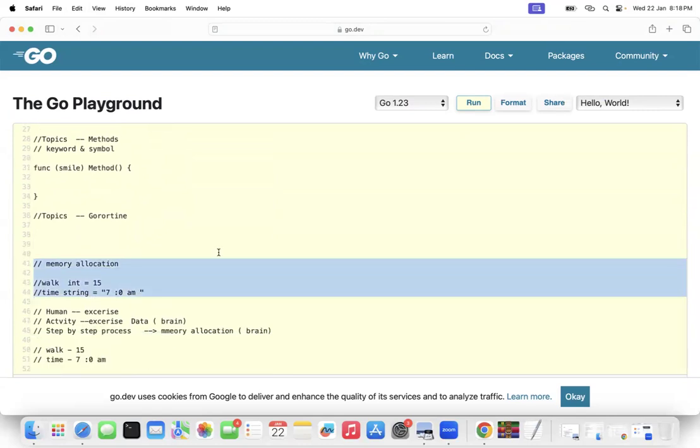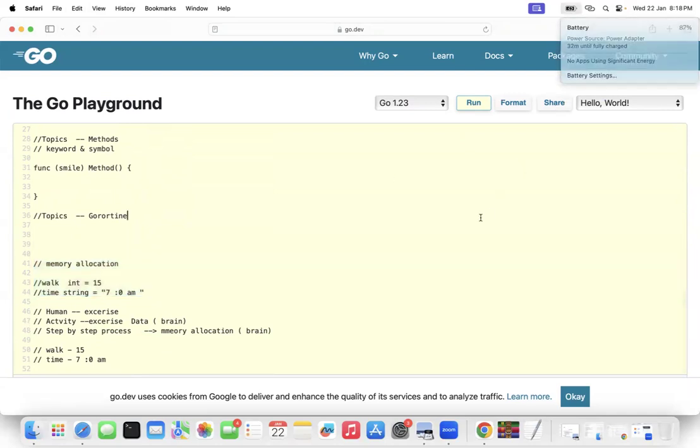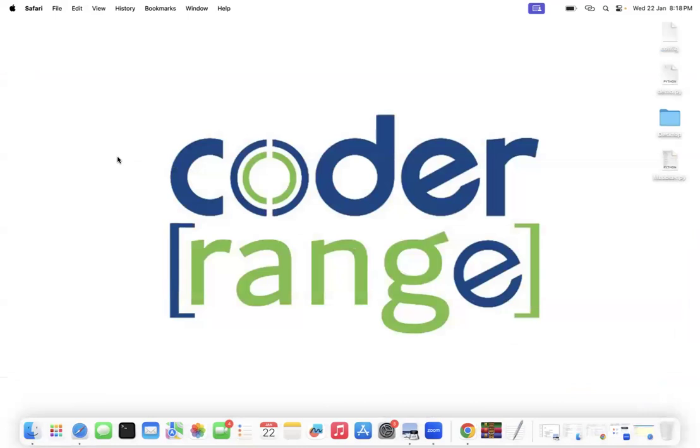Memory allocation. It's all about memory. Memory allocation. Any questions here? Any question? No. As of now, no. Okay. So this is about basics of Go. So you are now understanding the basics of Go and hope you are smiling. Now we'll go to the next 10 minutes where I'll talk about advanced topics of Go.